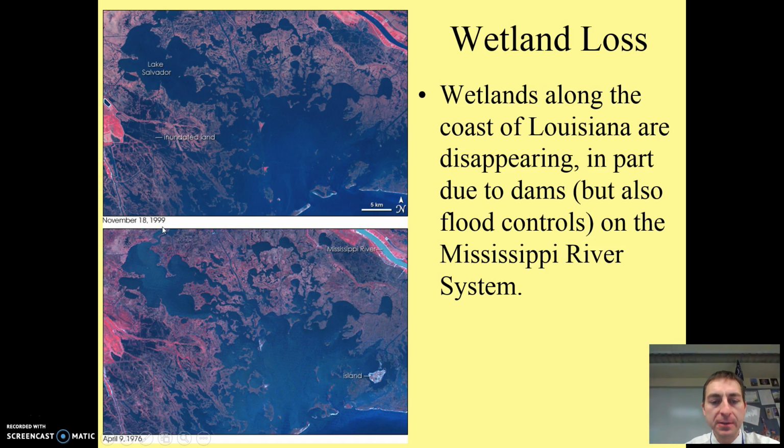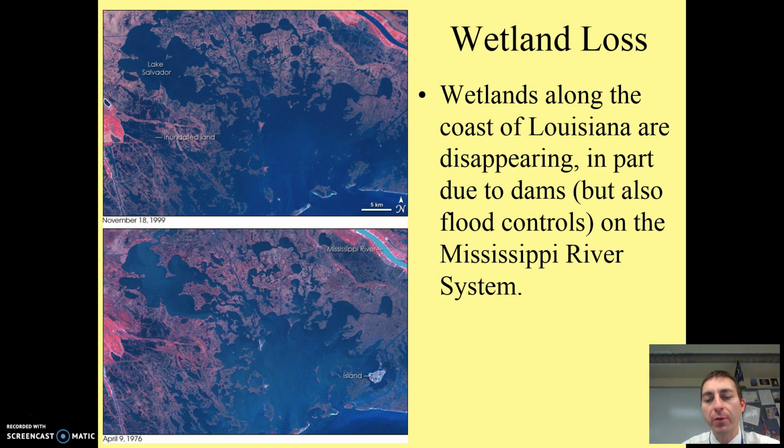Some time has passed, and when you compare those two, you'll notice that there are sections that were fully filled in with land that in the newer picture are underwater. What we're seeing is sinking of wetlands. The wetlands are going through some serious subsidence, and so they're sinking underwater and eroding because they're not being replenished by new sediment coming down